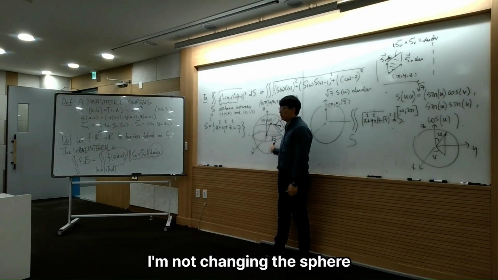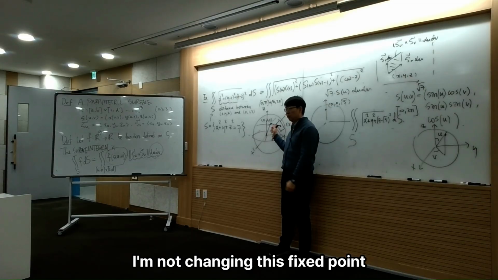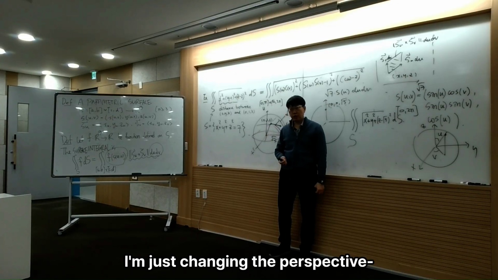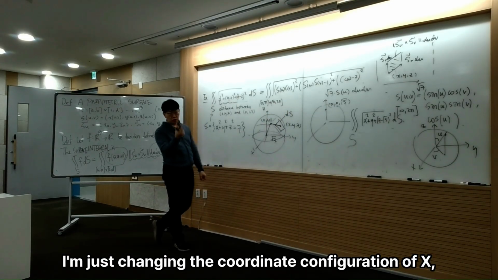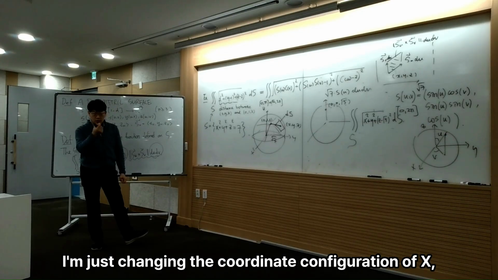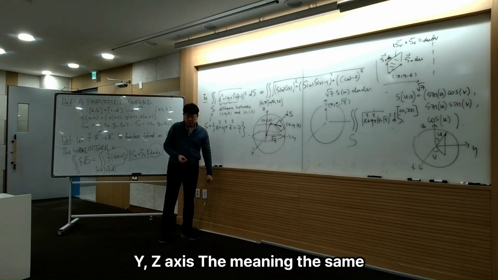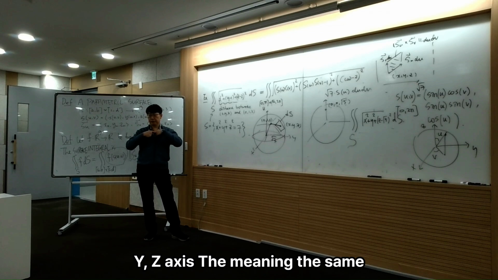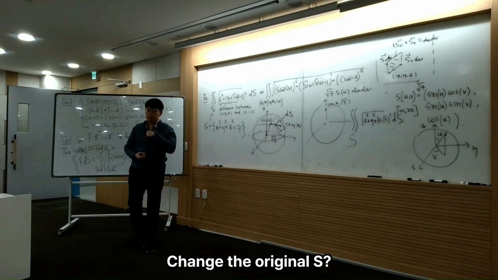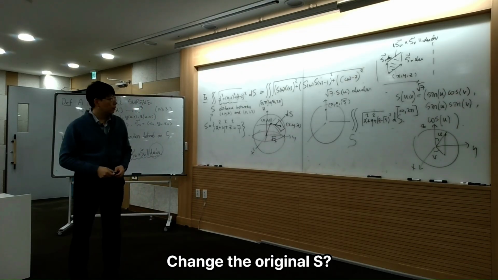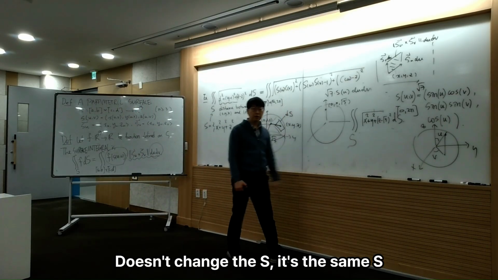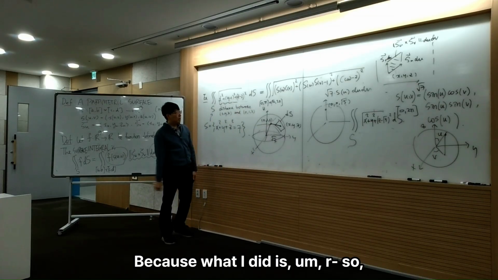I'm not changing the sphere. I'm not changing the fixed point. I'm just changing the perspective, the coordinate configuration of the x, y, z axes. The meaning is the same. It doesn't change S. It's the same S, because